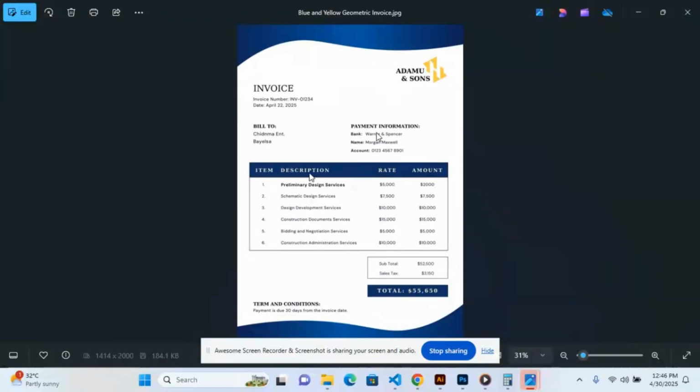So this is the invoice, Adamu and Sons, the invoice April 2, 2025, and the rest, the account information, the item description, rate, amount, whatever you sold to the person, whatever is required, whether you're a website designer, whether you're a hair maker. This is what you send to your customer using WhatsApp, email, or whatever means you need to communicate with your client. So with this,